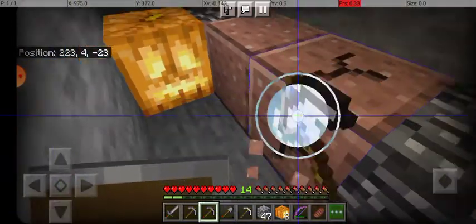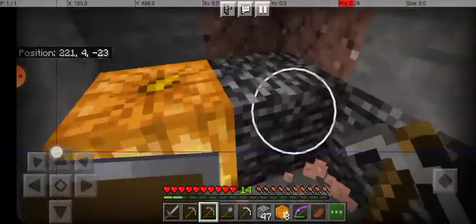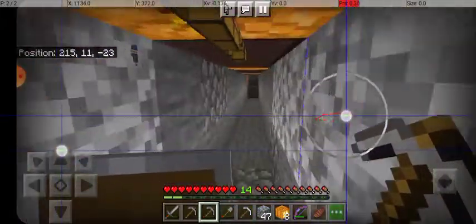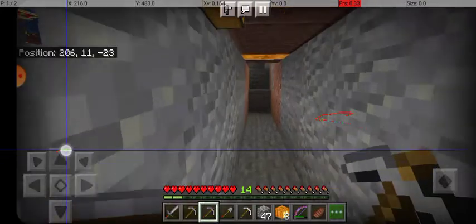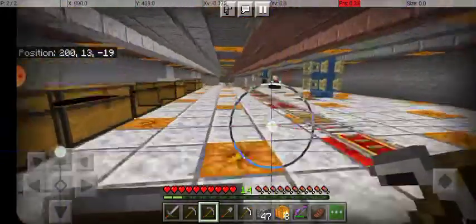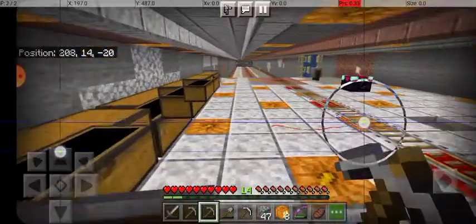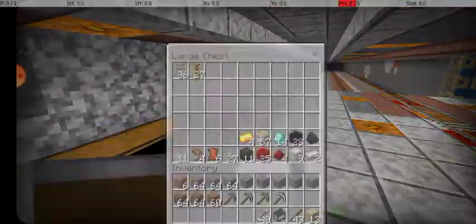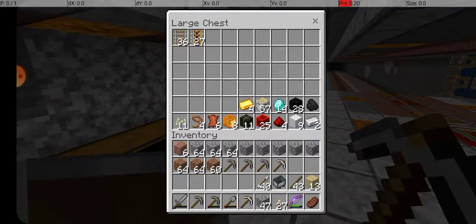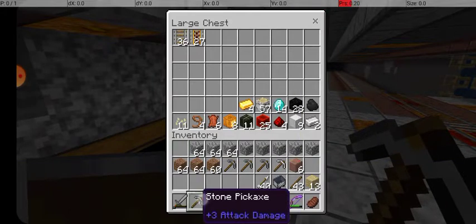Oh, I wanted an axe. That's right. I also wanted to grab some regular old torches. So let me swap out my lanterns with my torches. And then I want to...